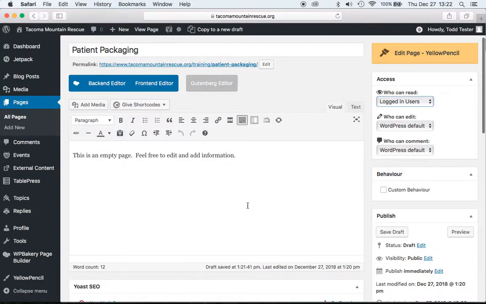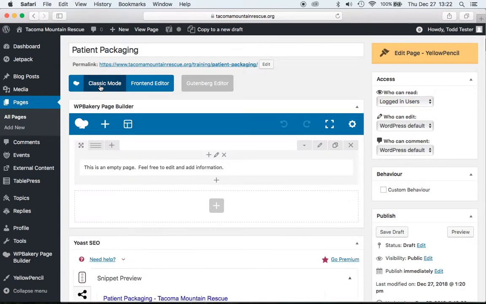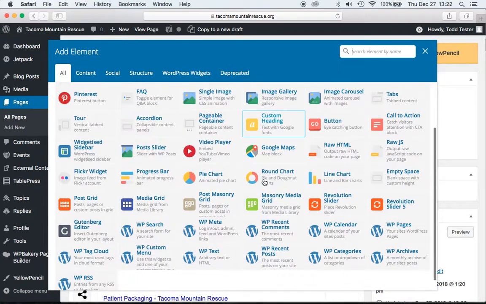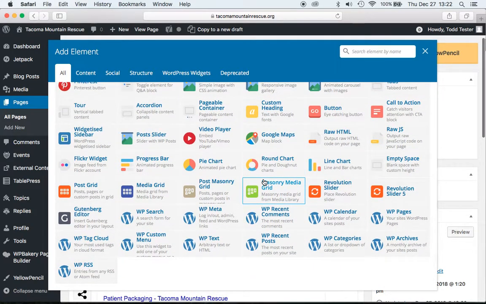And then down here we have the main content, and there's a couple of things I can do. I can use this very simple editor. It's called the classic editor, and it gives us the basic stuff here. If I'm feeling advanced, I could hit this. This is another editor called the WP Bakery editor, and if I hit that, it gives me a more advanced type of editor. And if I hit elements, you can see I can do all sorts of more interesting and flashy things,